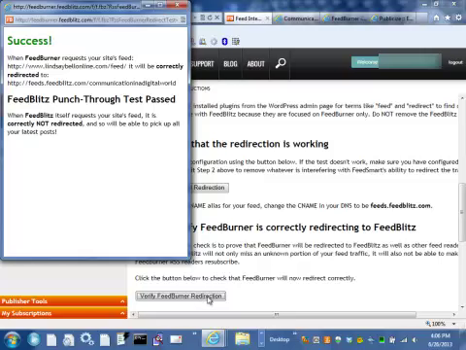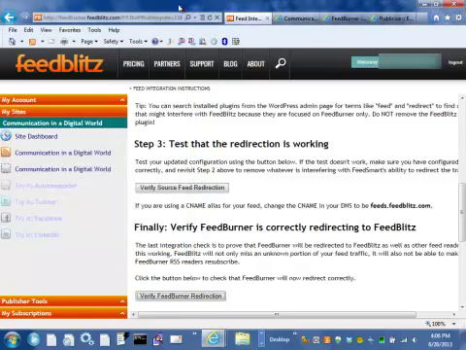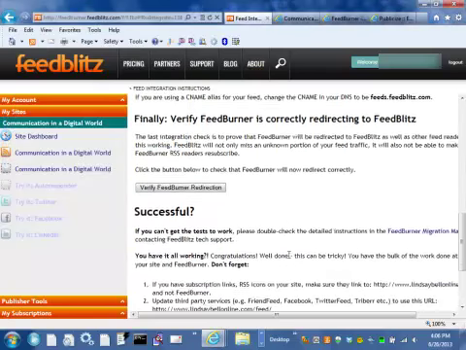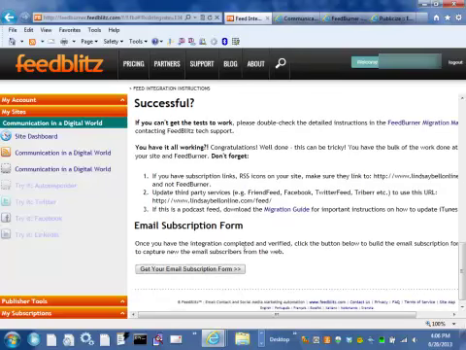The second thing we see here is that the punch-through test passed, and that means that when FeedBlitz requests the source feed, it itself grabs that source feed. It's not redirected back to itself, which means that the FeedBlitz feed will be as up-to-date as it possibly can be. Having passed those two tests, we can now go on and get the email code we need for this